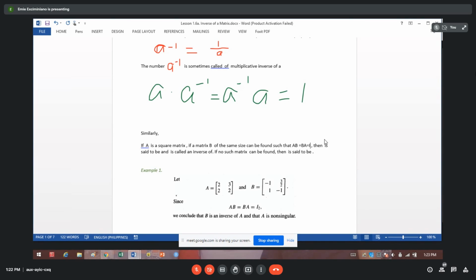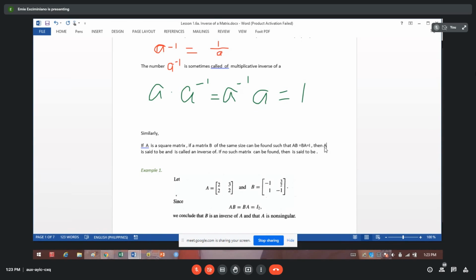And if a matrix B of the same size can be found such that AB equals BA, and that is equal to I, then A, I will give you a better copy. I'm sorry for this illustration, or this handout. Okay, then A,